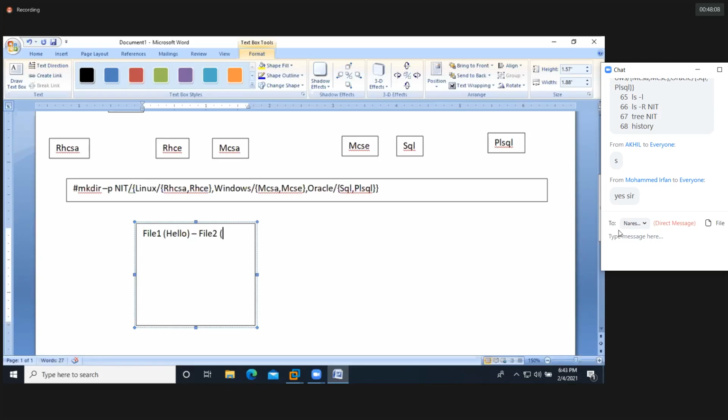So both the files have content, guys. File2 also has the data called hi. Now I'm trying to copy this file1 to file2, both the files are existing files. What will happen? While I'm copying file1 to file2, file1 is going to overwrite file2 and we are going to lose the data of file2 and get the file1 data inside file2. It is going to overwrite because both are existing files.